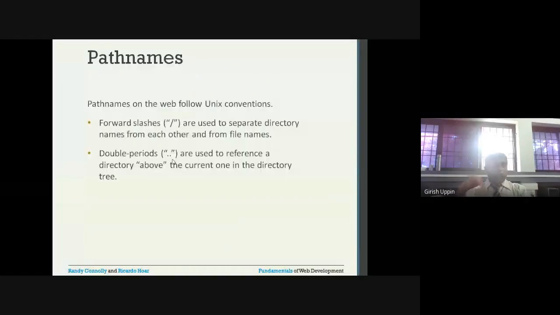I will say double dot, then it will take me to the level above in the folders. Then I will say forward slash and the theory folder. Because it is on the level above, double periods are used to reference a directory above the current one in the directory tree.